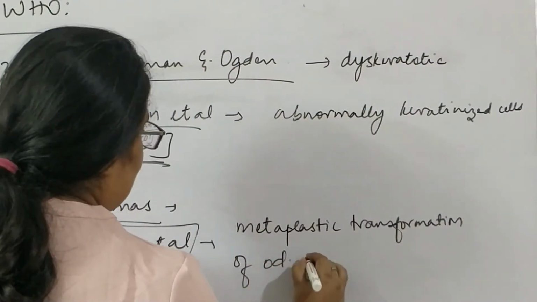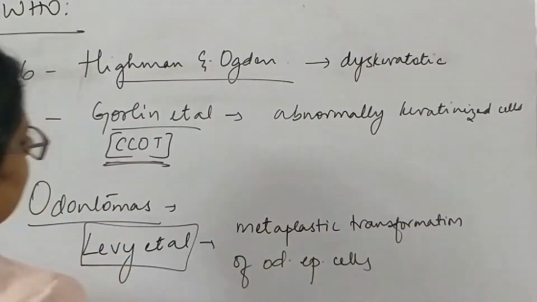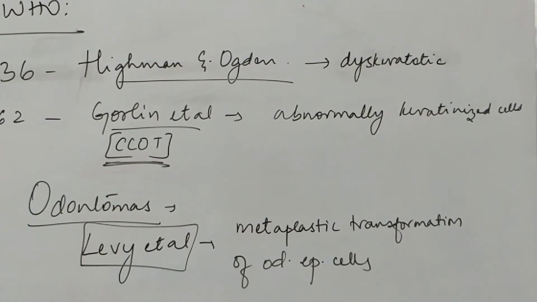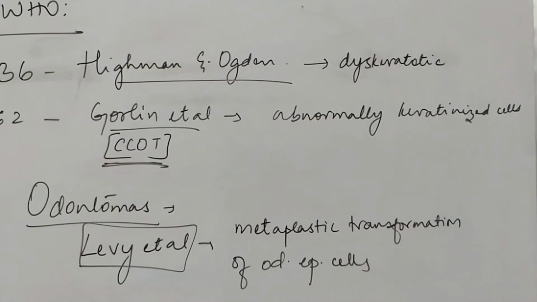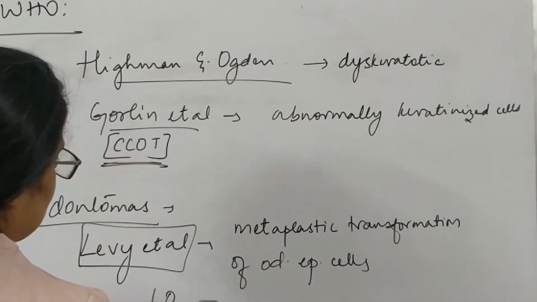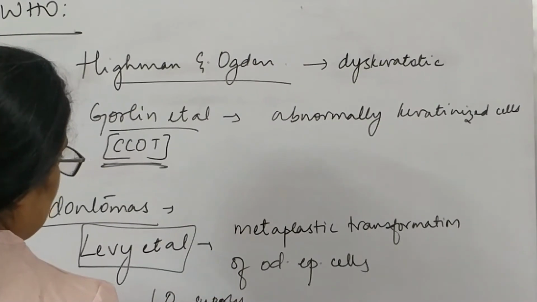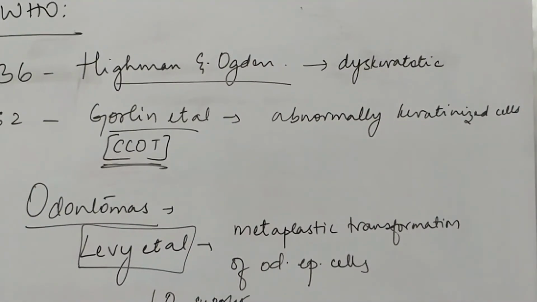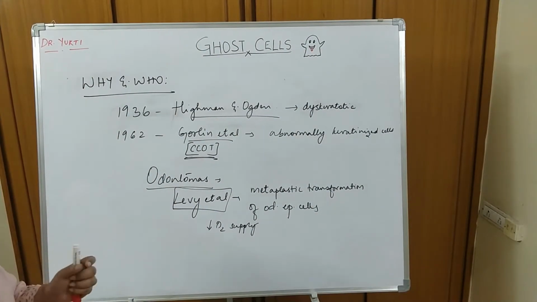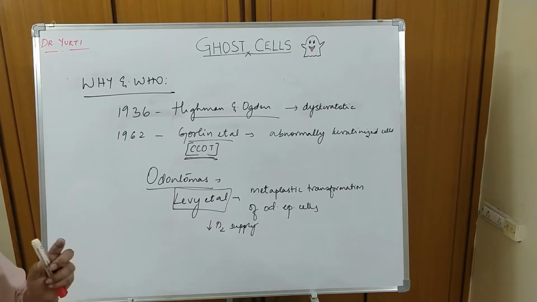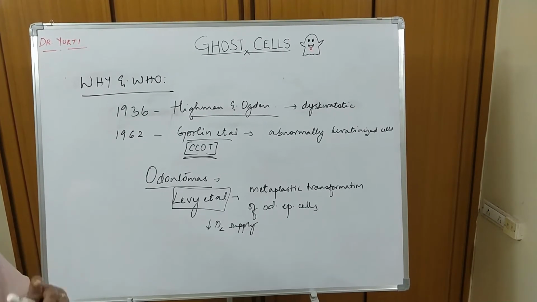Transformation of odontogenic epithelial cells. Right? What he further said was that these ghost cells are actually formed because of the reduced oxygen supply to these epithelial cells. So according to him, in odontomas, what happens? There is a hard tissue formation. Whatever odontogenic epithelial islands are present, they are very few when compared to the extensive hard tissue formation